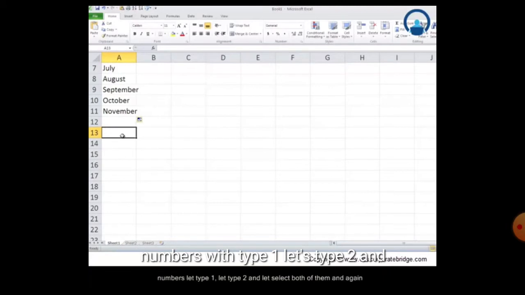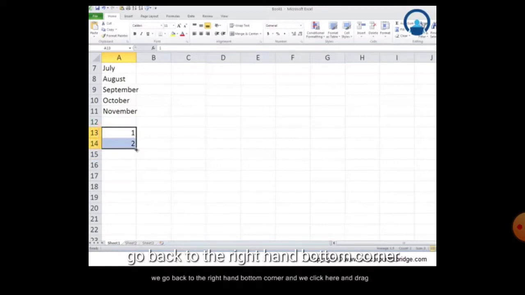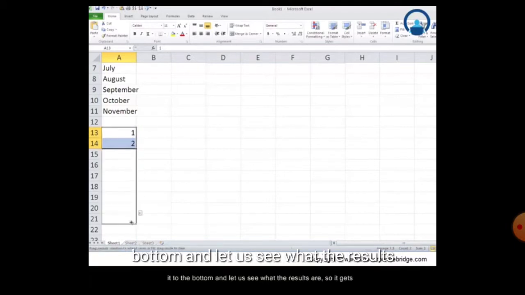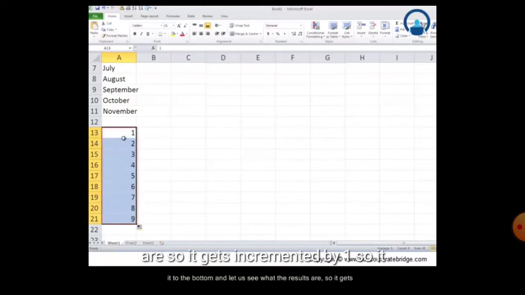Likewise, you can enter numbers also, like 1 and 2, as I have written, and drag downward. Automatically it fills all the numbers, according to your needs as you drag downward. Here you can see 1 2 3 4 5 6 7 8 and 9.